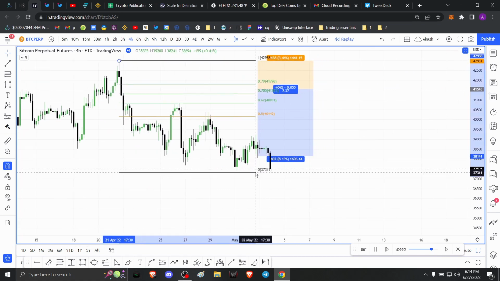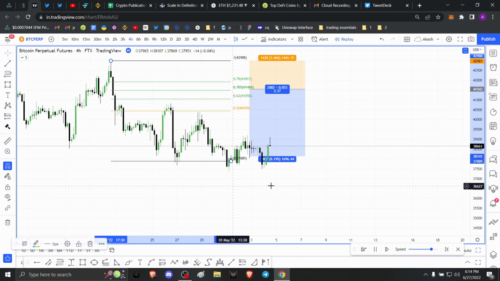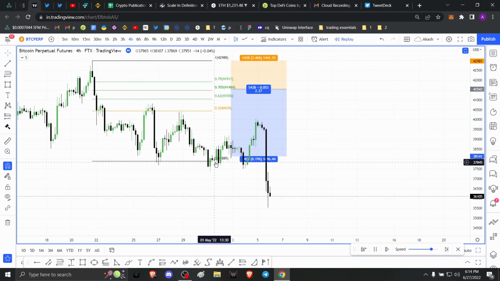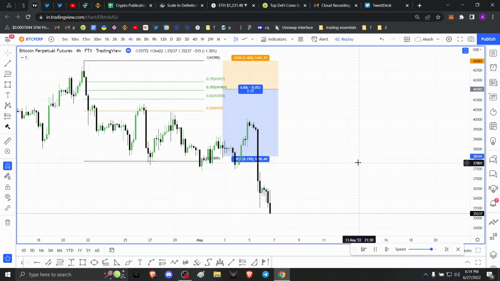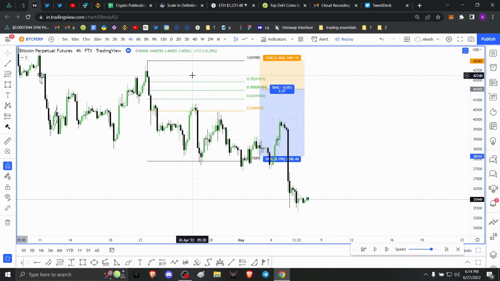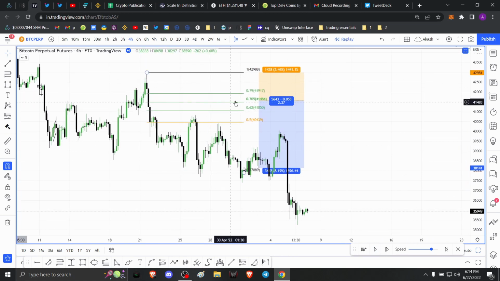Still doesn't do anything. Okay, now it seems like the price is rising. Again, nothing. Right, so at this point, you kind of get to know that the price is not going all the way up to the 70.5 retracement level here. So now you try to find new